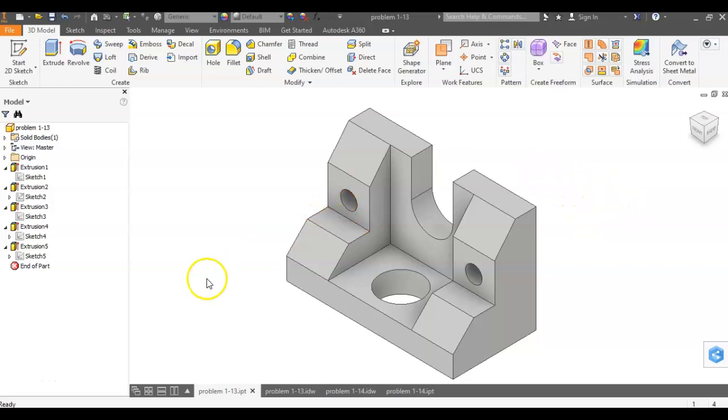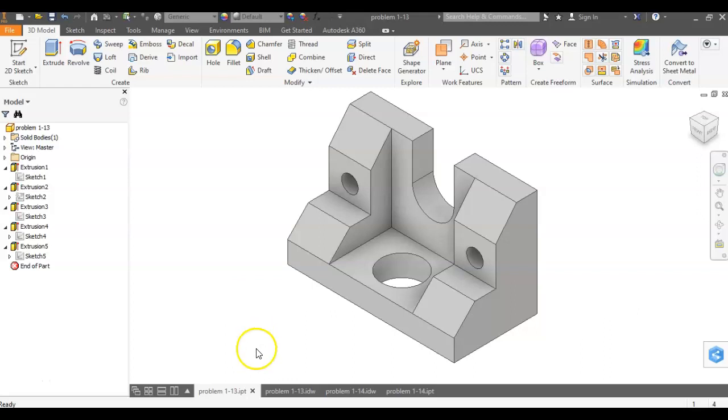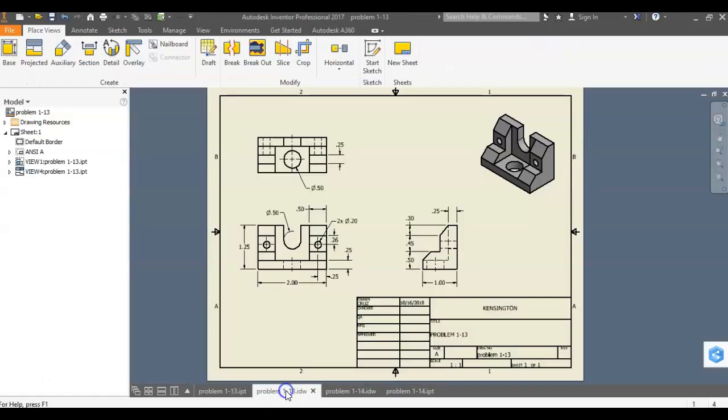In this video tutorial, you're going to learn how to make this 3D model, which is titled Problem 1-13, and